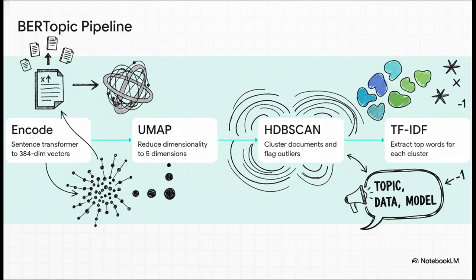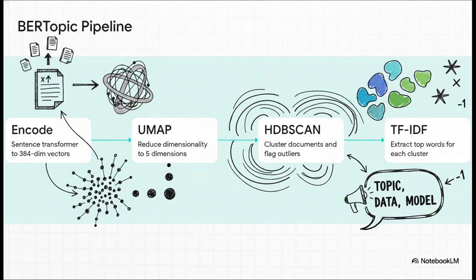This is like giving the model an actual dictionary, so it truly understands language, turning text into complex 384-dimensional mathematical vectors. But because clustering algorithms tend to completely break down and get confused in high-dimensional math spaces, Step 2 uses a powerful tool called UMAP to compress this down to about 5 dimensions, strictly preserving the relationships between the documents.